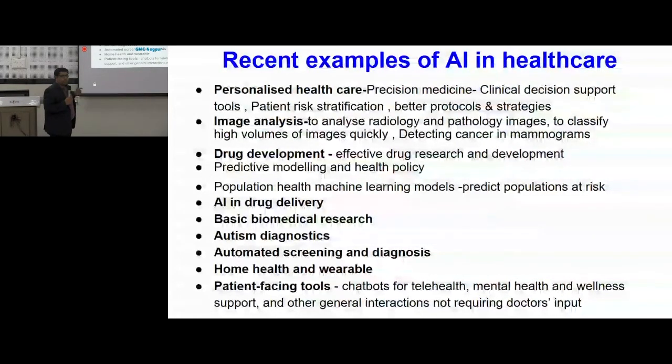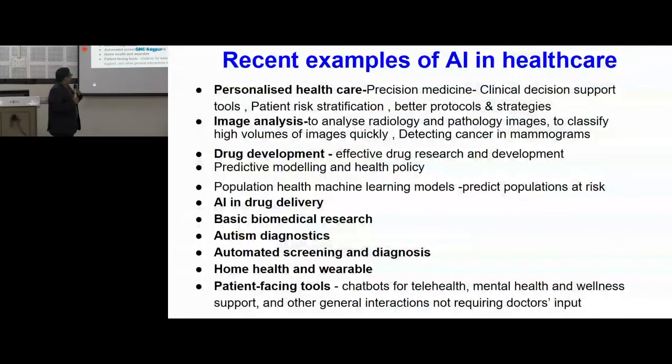We can study a particular disease as well, study data on them in a particular strata or section of society and come up with better protocols for them. Image analysis, I have already told you. Image analysis is the most commonly used thing. It has been increasing day by day. The applications are increasing, like analyzing radiology, pathology images, classifying high volumes of images quickly, detecting cancer in mammograms or applications like this. Drug development, effective drug development, then predictive modeling and health policies,